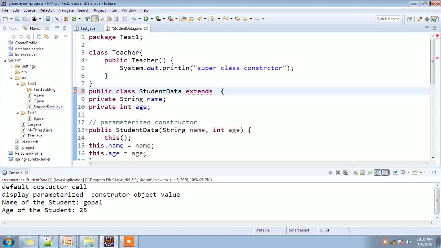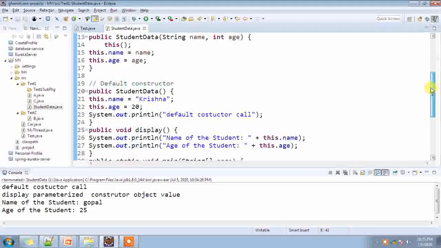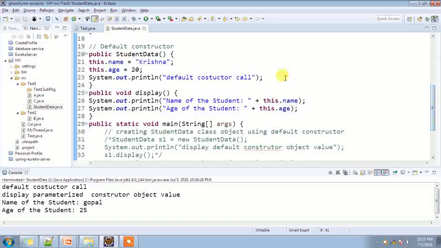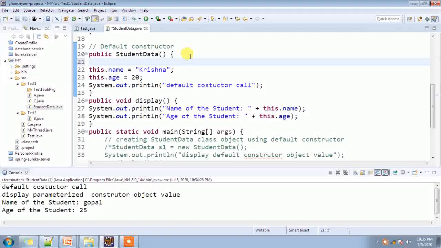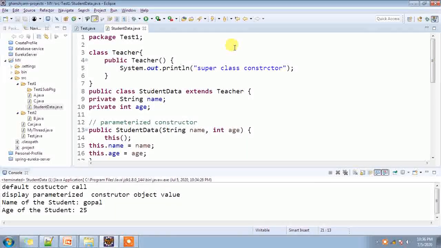Now we make the StudentData class a child class that extends it. If you want to call the parent class default constructor, you can call it from anywhere, like from the parameterized constructor. You just need to write the super keyword, so it will call the superclass default constructor, which is Teacher.